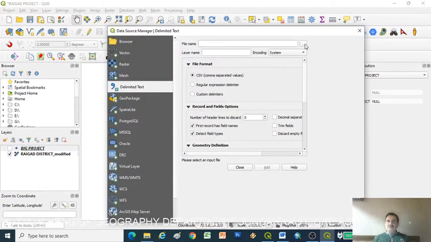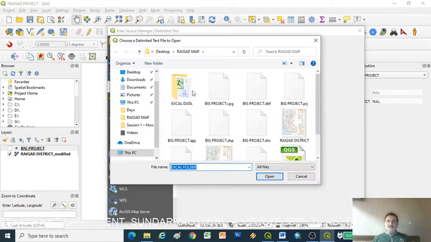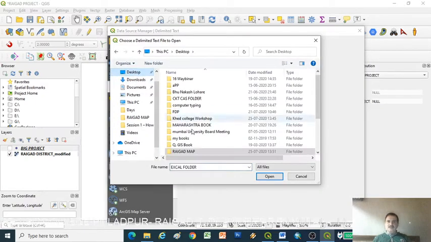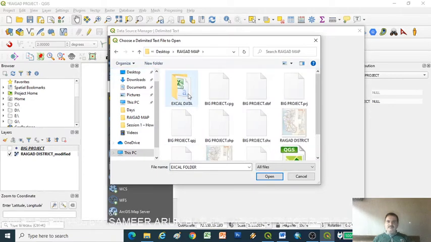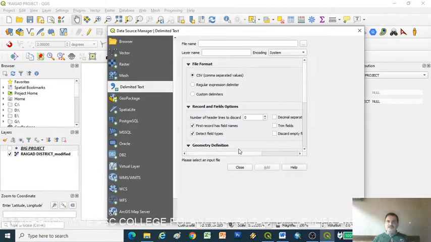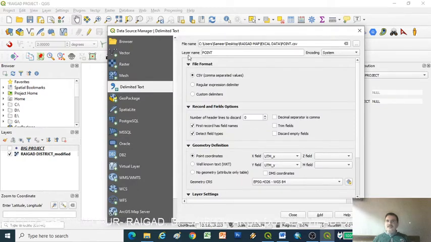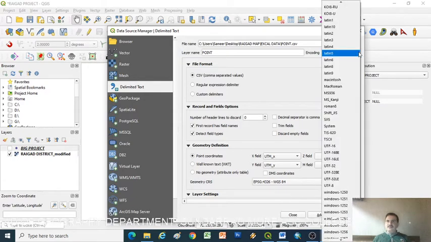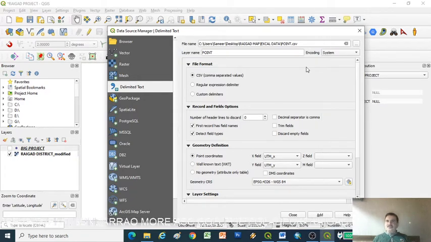For the file name, choose the file. Our file is on the desktop, in Raigad map, Excel data, in CSV format. Click on the point file and open it. The layer name is point. The encoding is system; don't change the encoding.